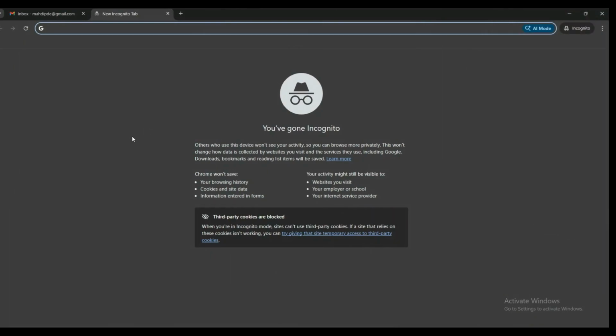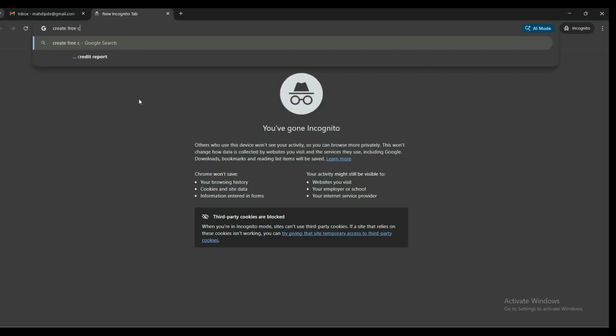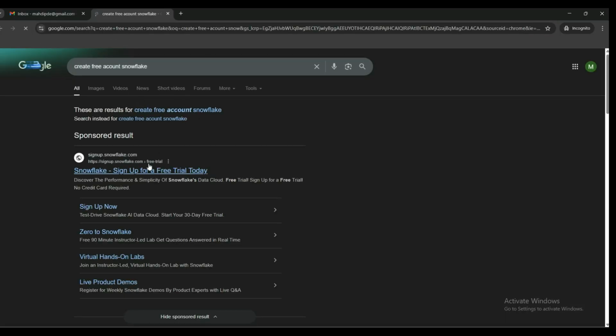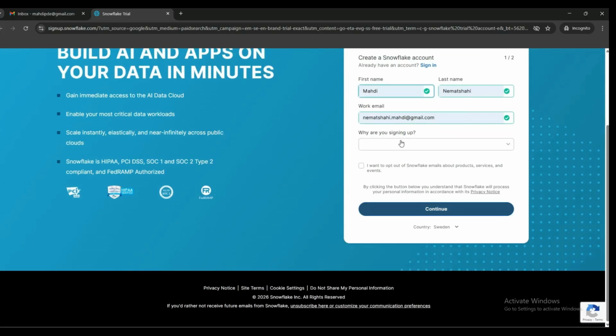Great. Let me first create the free account in Snowflake. In order to create the free account, you can type free account Snowflake, and here you can click this link, and you can enter your name and